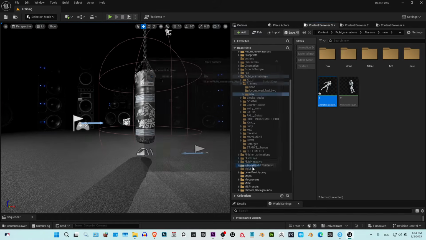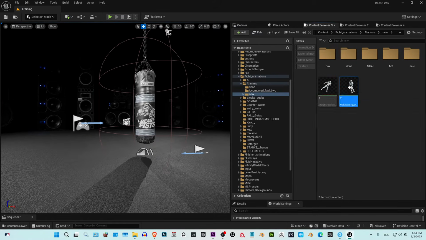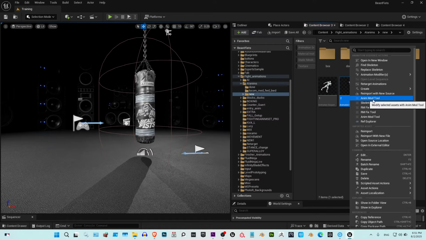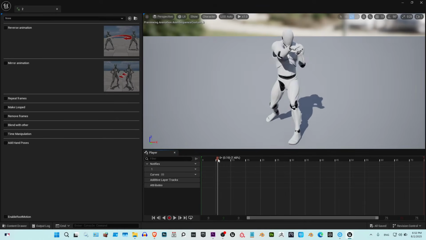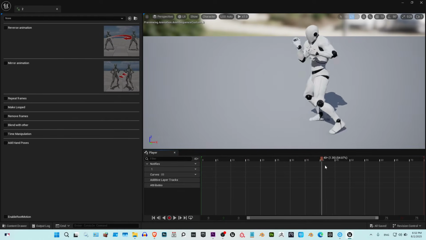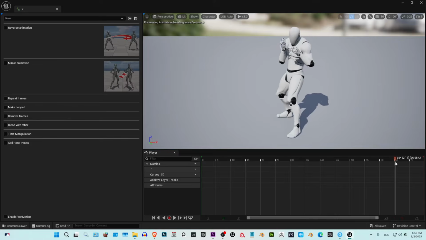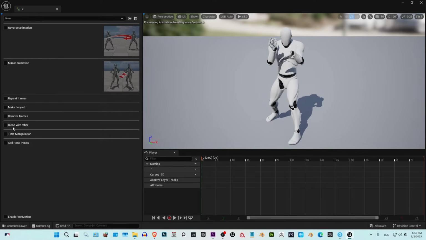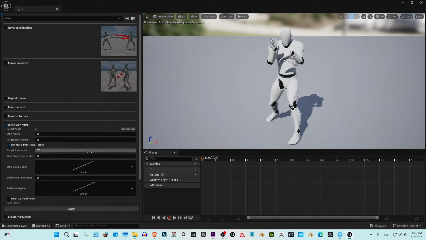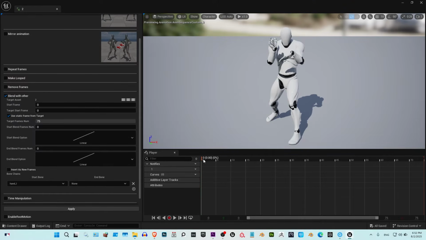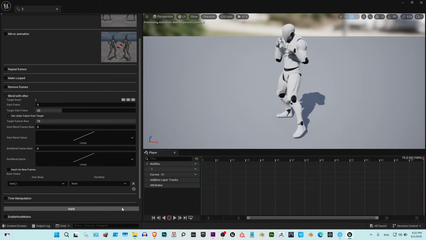Make sure you save your animations before you move on. And let's fix another one real quick. Pretty much the same process. Okay, so I'm picking the same animation, selecting full frames, and yeah, I'm gonna just fast forward a little bit, because it's completely the same process. Now for the right hand,